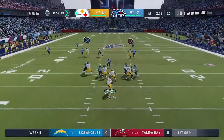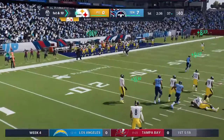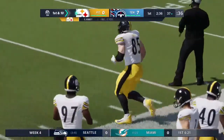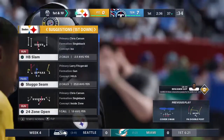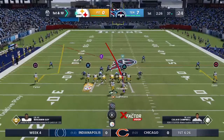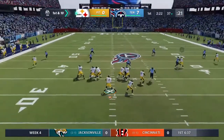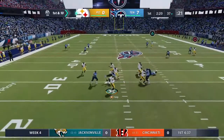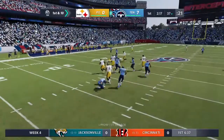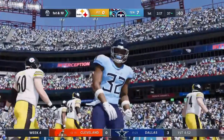Now a play fake here on first down. He'll get that complete to his tight end, Cole Kmet. And he takes us beyond the 35 before going out of bounds. Rookie to rookie on the hookup there, and it's a first down. One play has him to the 37 here for 1st and 10. Looks for Parker, and it's intercepted. Mike Edwards picks it off, and his guys are going to get the...